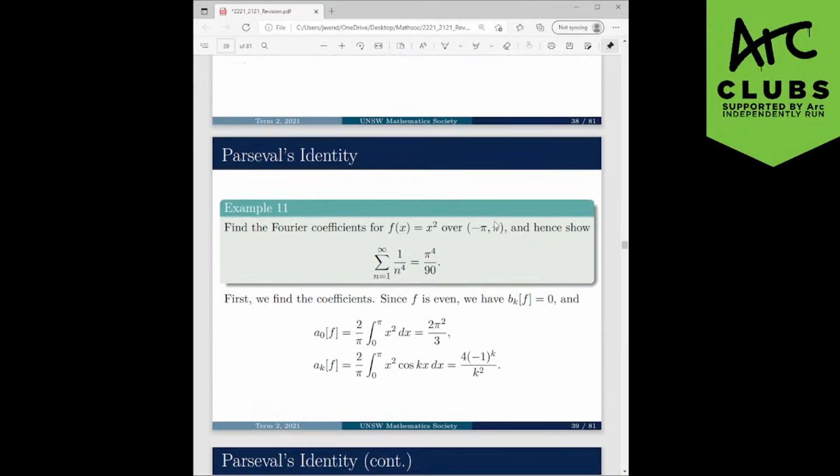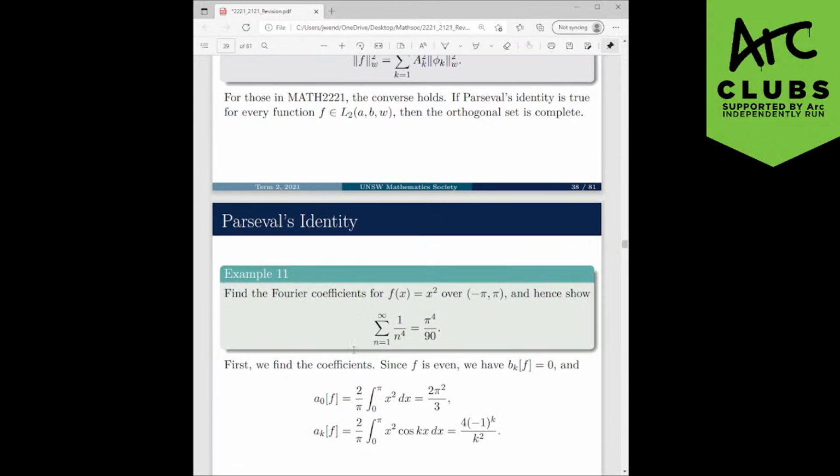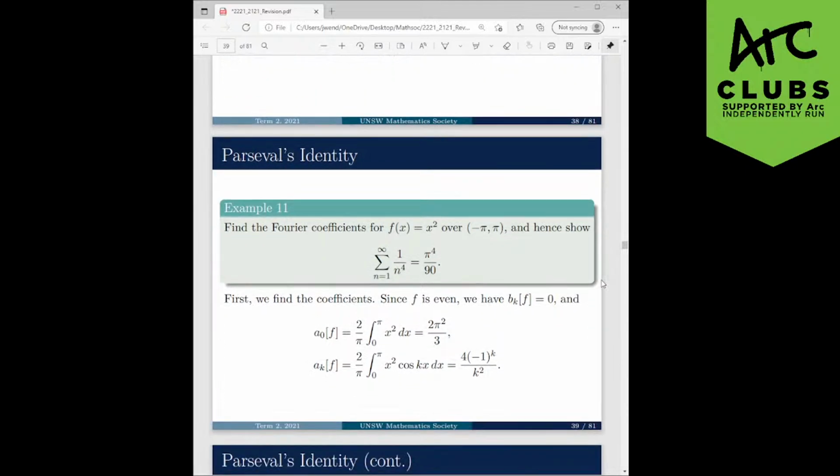It's just, yeah, you should get 1 over n to the power 4. That's a mighty interesting high power you've got there. It comes from Parseval's. So checking out how that works. Firstly, before you go through all that interesting stuff, actually finding the Fourier coefficients, generally we stick with the